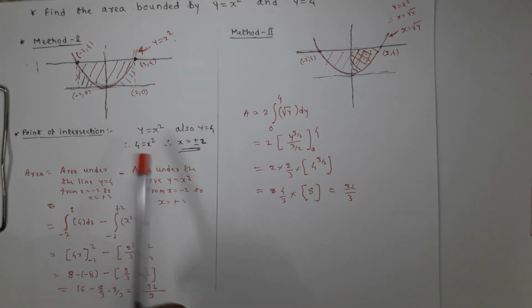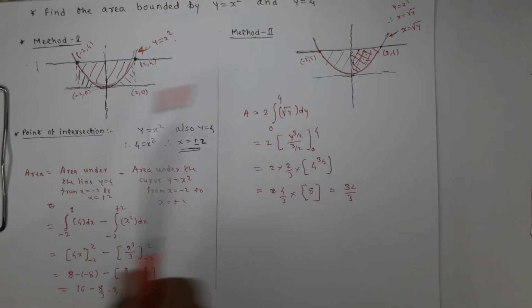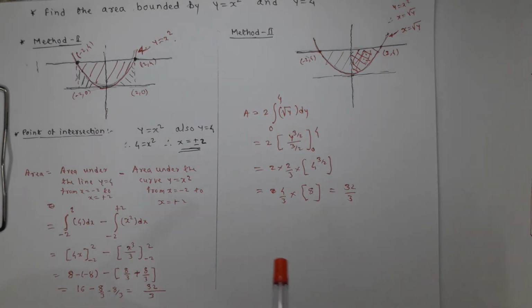The only difference is that I have used the formula in a different manner. So depending upon which method is simpler, you will have to use the method. So always remember the procedure. First you should plot the curve. Now I have told you how to plot the curve. Second, find the points of integration. Check the symmetry of the curve. Once you do that, then you will have to go for any one of the two formulae of area, that is double integration formula, and always you should be very perfect while getting the point of intersection.